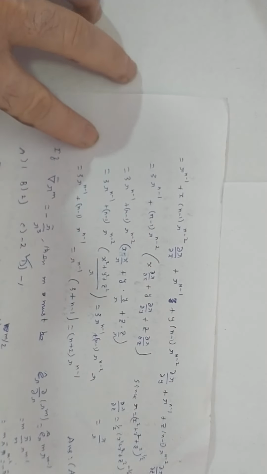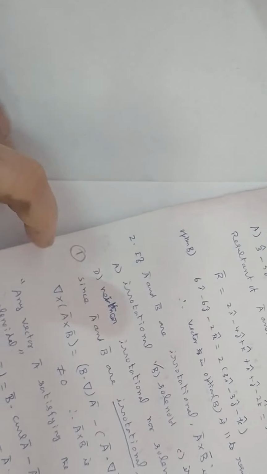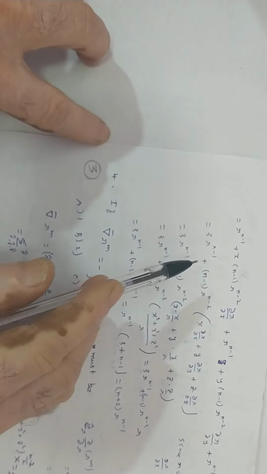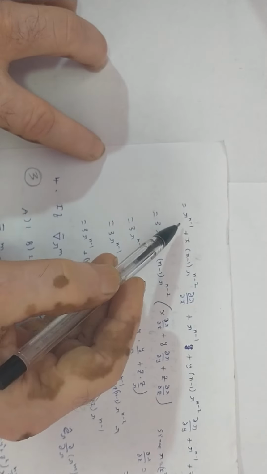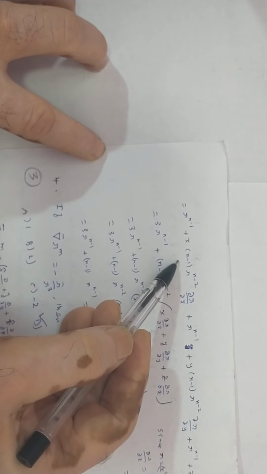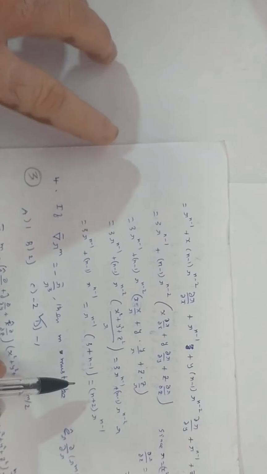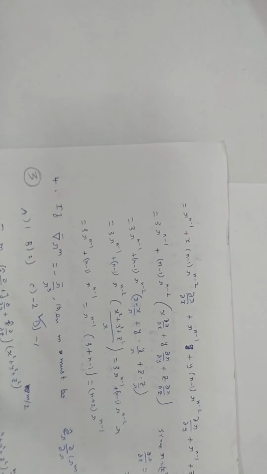Now let us take the derivative d by dx of r to the power n minus 1 times x. Keep r to the power n minus 1 as a constant and find the derivative of the second term, then keeping the second term constant, find the derivative of the first term. So use the UV method: if you have UV, you differentiate V keeping U constant, and differentiate U keeping V constant.